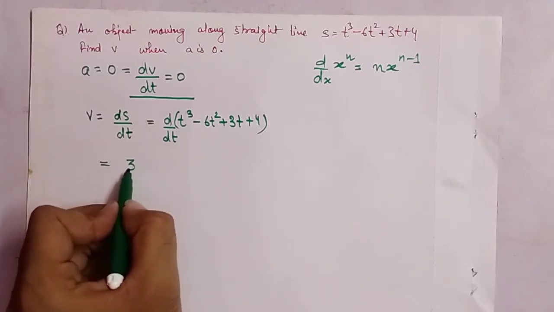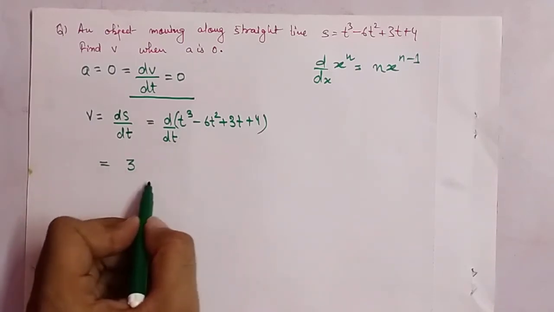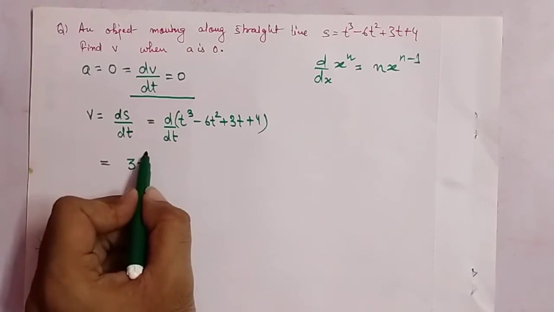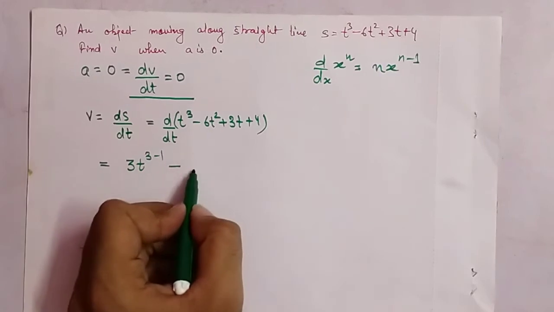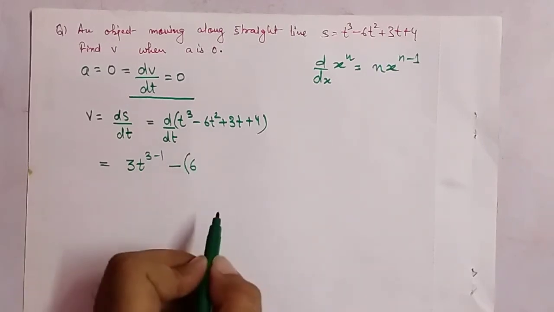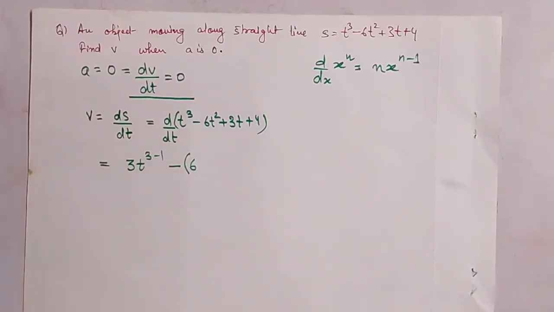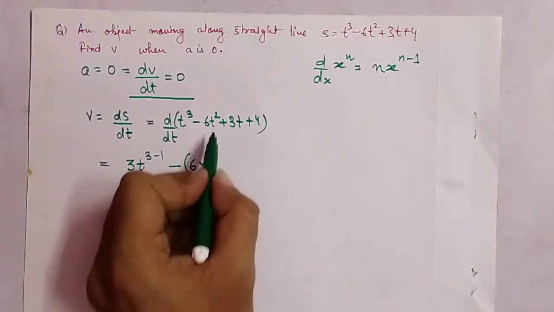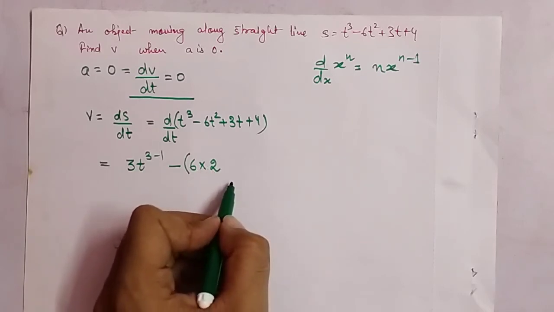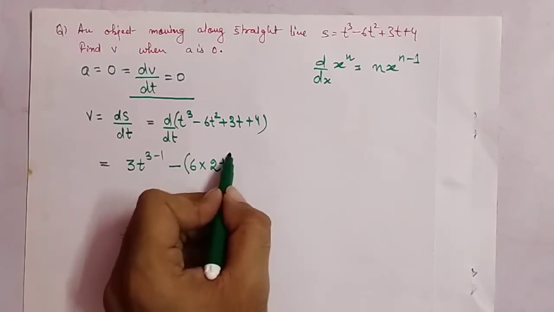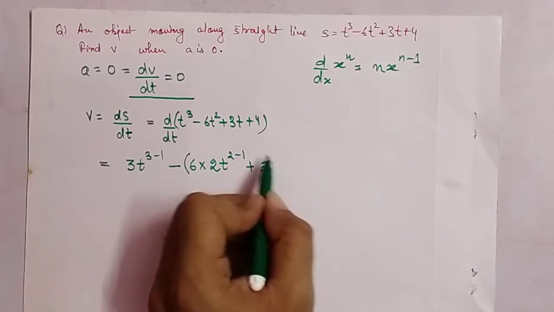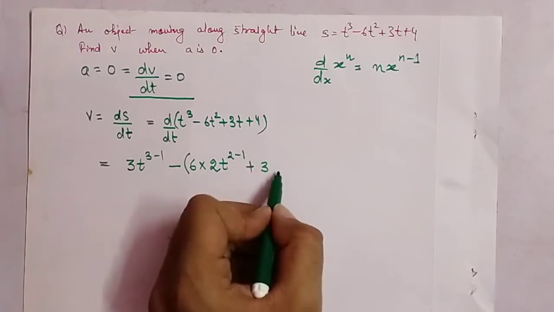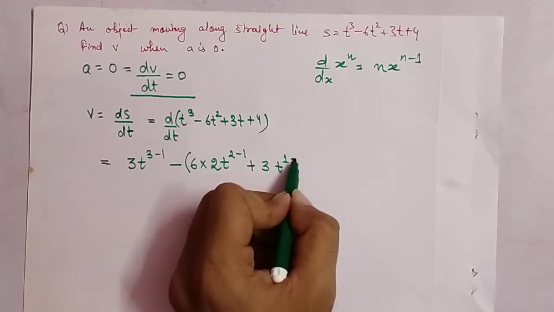So it will be written as 3. Let's do the first term, that is 3, then t to the power 3 minus 1. Similarly let's do the second term, so this is minus 6. Let us use a bracket. When you are in confusion with the minus sign, always try to use a small bracket. Okay, so there is minus 6. Now for t square, let's put the 2 before and then t to the power 2 minus 1, plus 3. The power of t is already 1, so need not put it, and 1 minus 1.